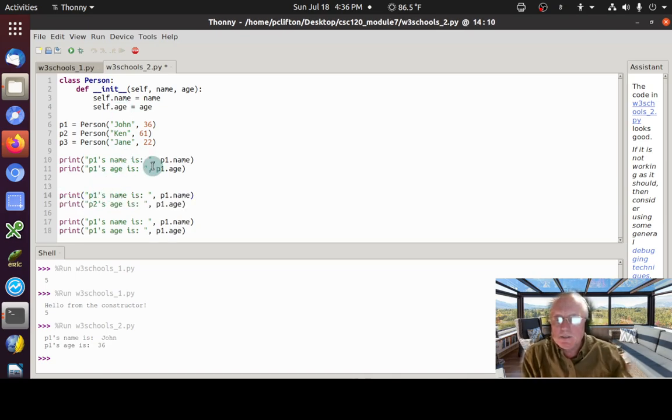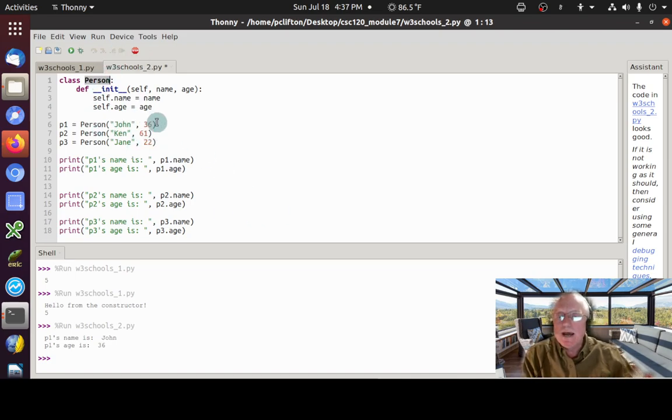Okay, P2's name. Okay, remember we're dealing with a different object variable here. And here's P3. Okay, so we got 3 different instances of a person class in our program now, and